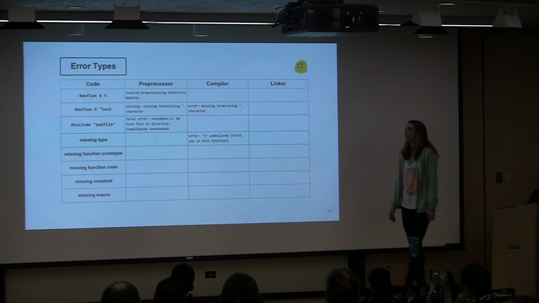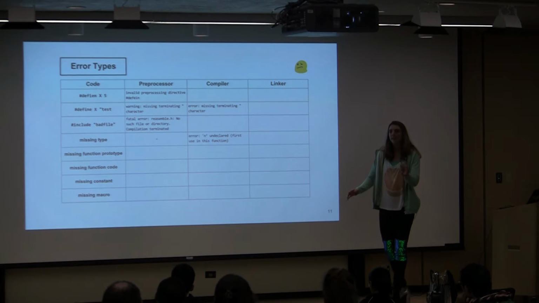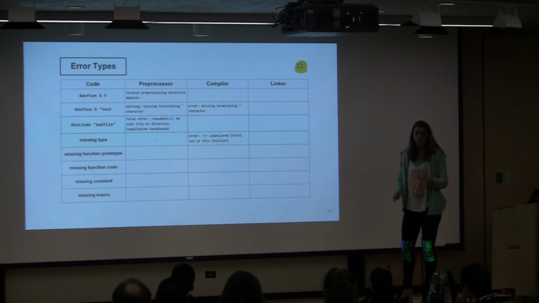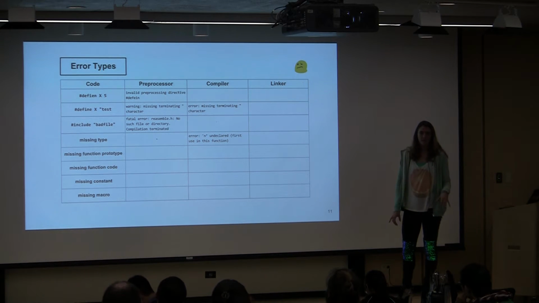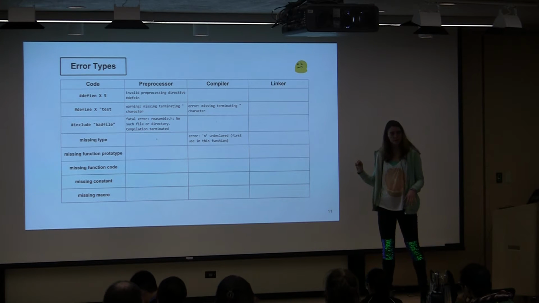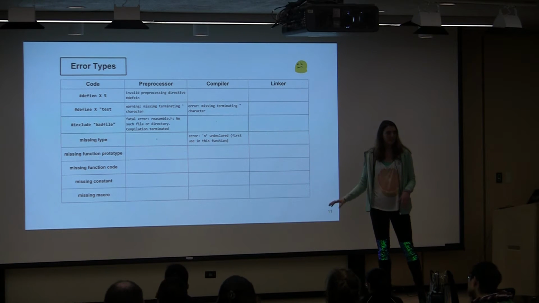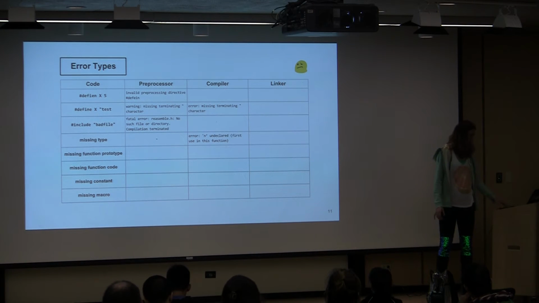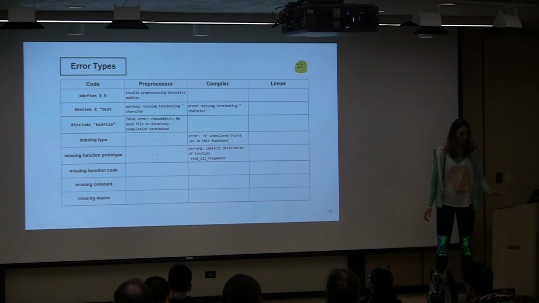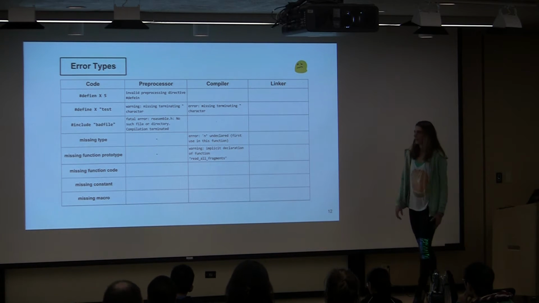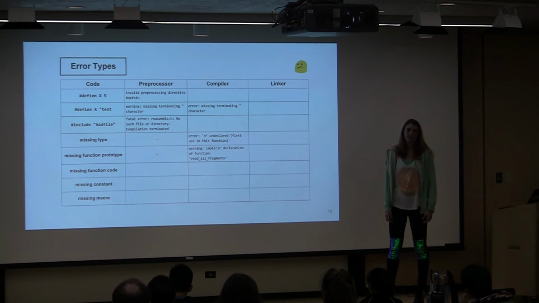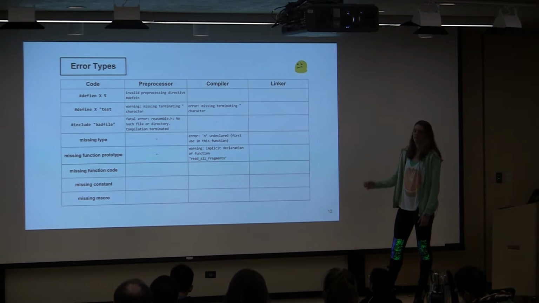How about if you used a function that exists, but the prototype wasn't at the top of the file? So you guys have done this before. You have a function definition somewhere at the bottom of the file, but then you call the function before the function definition with no prototype at the top of the file? Yes. So you actually get a warning, which I told you guys there would be an error, but there's no error if that's the case. It just warns you and moves on. It goes ahead and compiles and links to the right